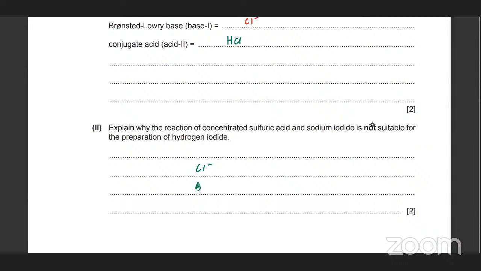But when you move down the group, Br minus, I minus, they really like to lose electrons. Why? Because they're bigger ions. I minus is a very big ion, so it really likes to lose electrons, and it's a good reducing agent. So I can open the